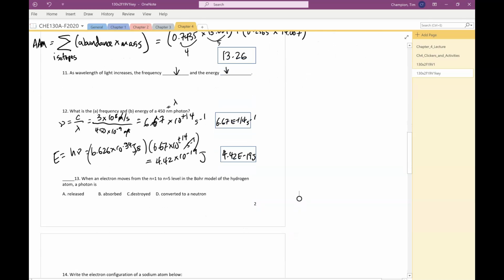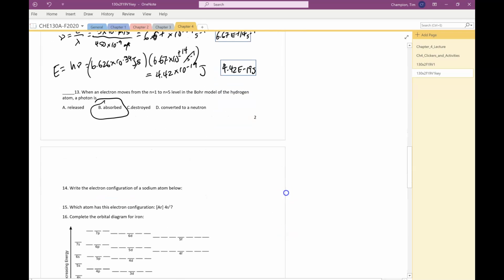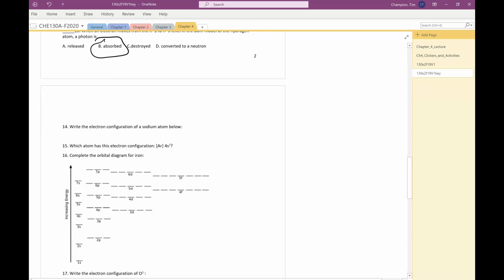All right, so what happens when you go from n equals 1 to n equals 5 level in the Bohr model? A photon has to be absorbed. You have to put energy in to go up on the Bohr diagram. You're going to write the electron configuration of sodium. So that's going to be 1s2, 2s2, 2p6, 3s1. We're asked who has the configuration argon 4s2, so that is going to be the calcium ion,